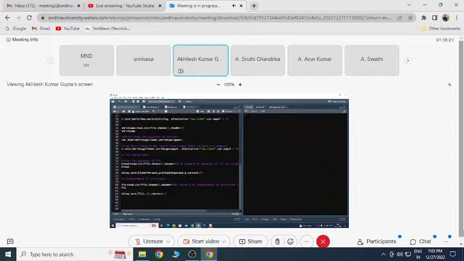So I have taken two examples of chi-square test, a test for goodness of fit and test for independence of attributes. So test for goodness of fit, as I told, you will have some type of expected frequency, and you will have to check whether your observed frequencies are a good fit with those expected frequencies or not. So I have taken here a blood group example.